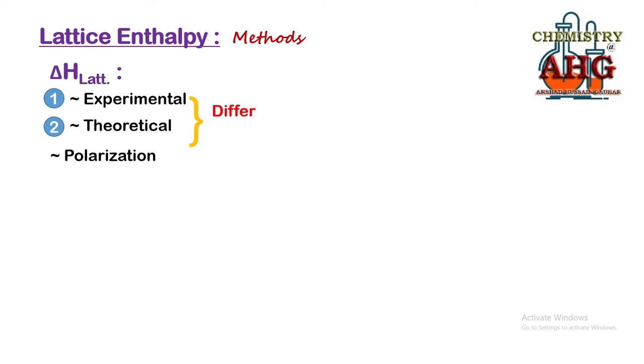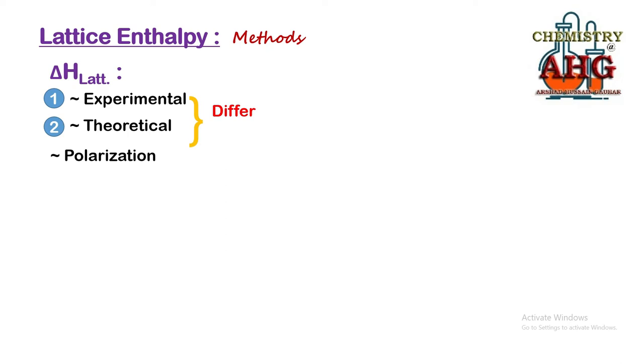There is not even a single ionic compound that is 100% ionic, because every ionic compound has a small percentage of covalent character. And why does every ionic compound have a small percentage of covalent character? Due to a process named polarization. So what is polarization? I can explain it to you.